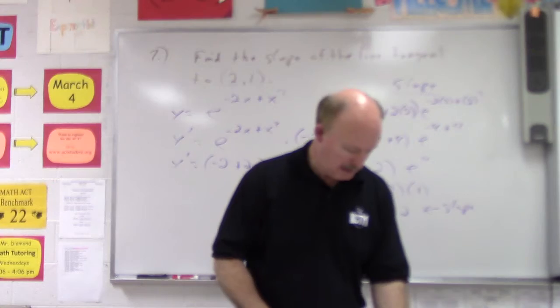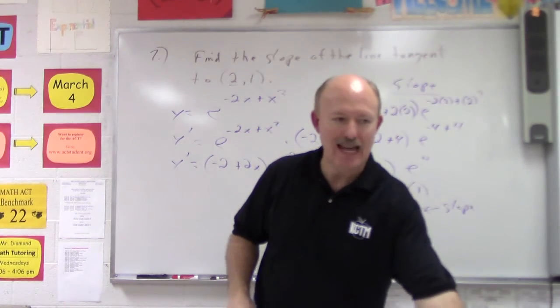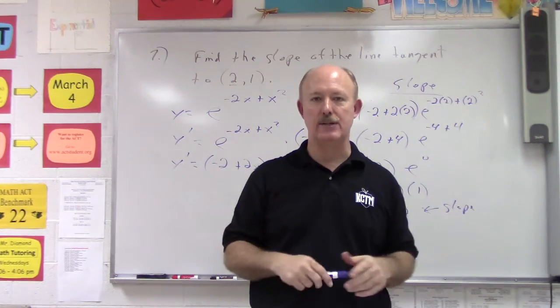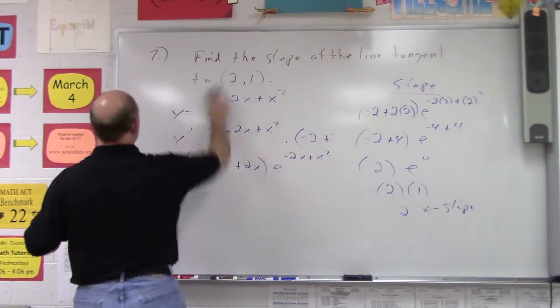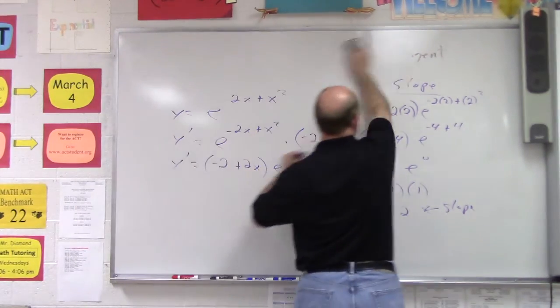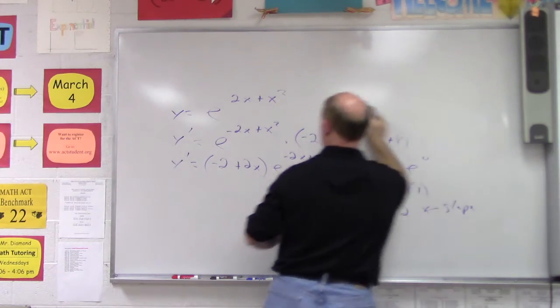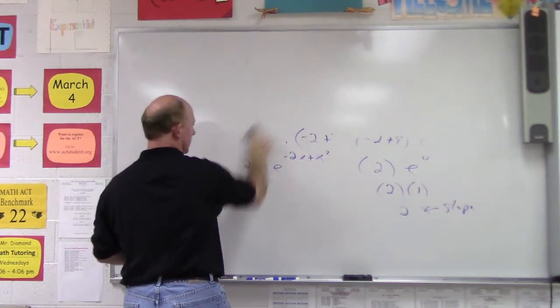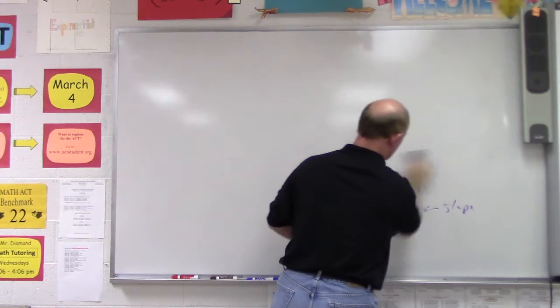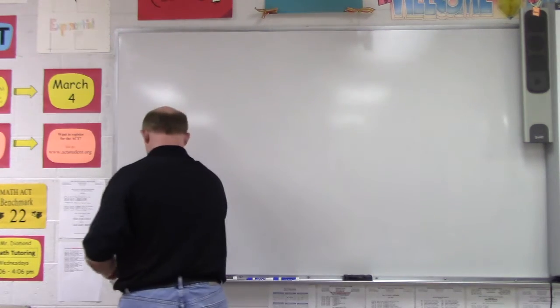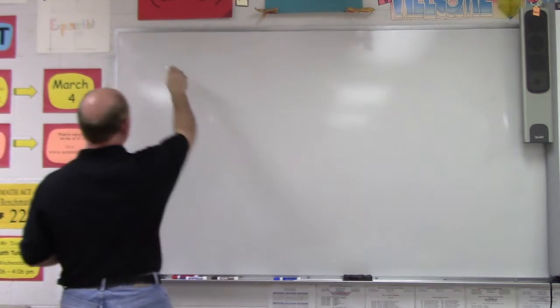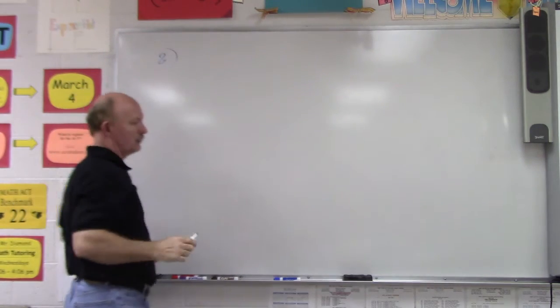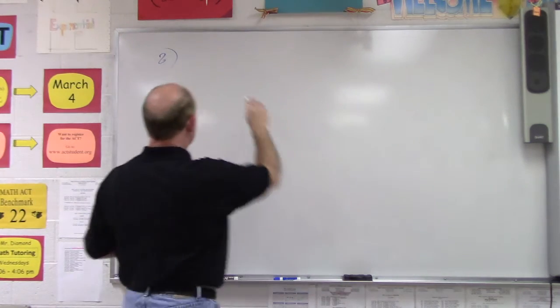All right. Well, that was so much fun. Let's see if we can actually write the equation of a tangent line now. Let's try that type of problem. We just found the slope, so let's see if we can write the equation of our tangent line. Let's erase this. This will be problem number 8. We're going kind of fast. Let's see if we can find the equation of the tangent line at